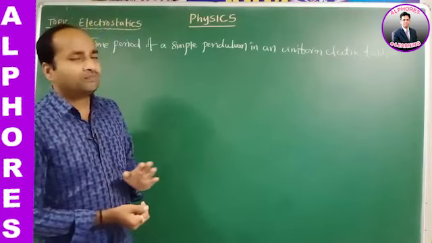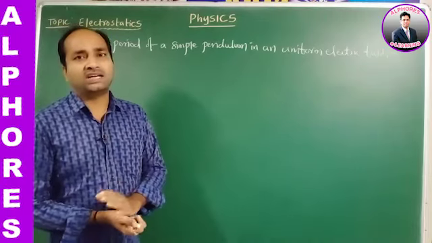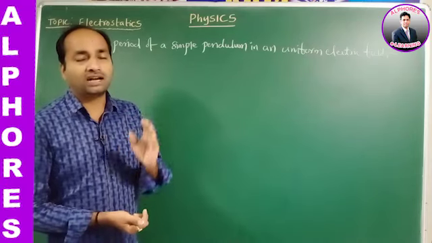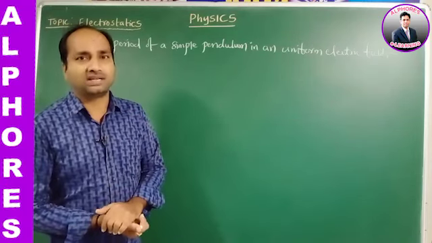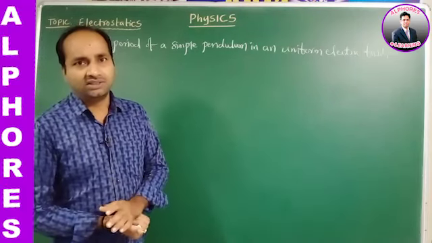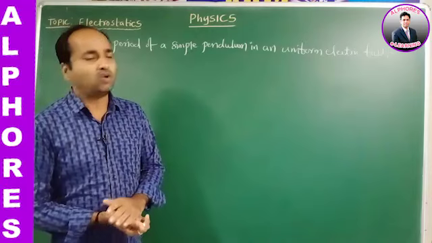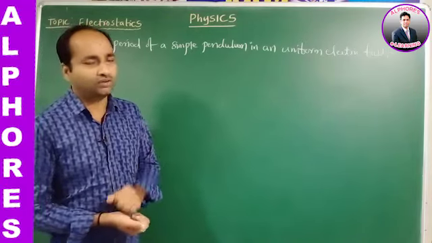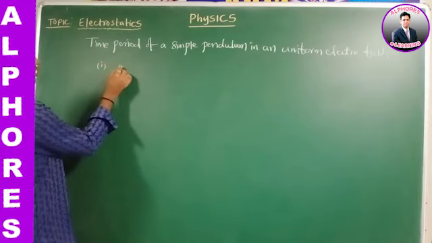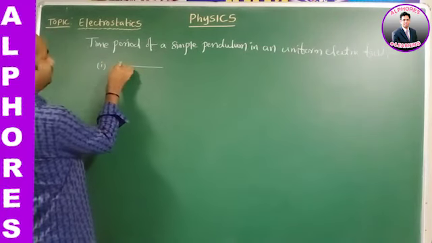But here the pendulum is made to oscillate where an electric field is also exerted, and acceleration due to gravity is also present. Then what happens to the net acceleration in different cases? How can we calculate the time period? Listen here. First case, case 1.